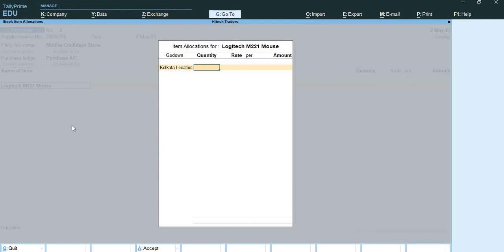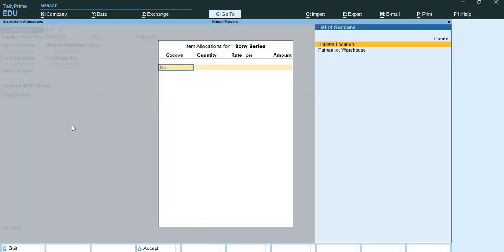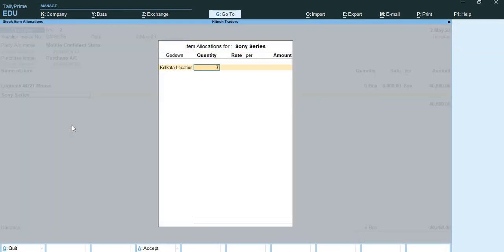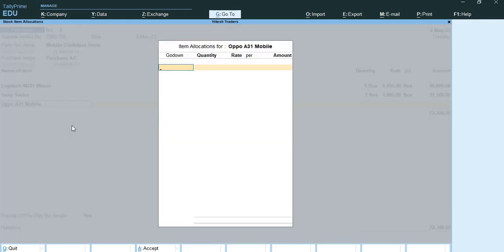Godown is Kolkata Godown. Quantity is 6 numbers at the rate 6800 per box. Next is Sony series, Kolkata location, and quantity is 7 numbers at the rate 4500. So it comes out to be 31,500. Next stock item is Oppo A31 mobile phone, Kolkata location. That means all these stock items are kept in Kolkata location warehouse. Quantity is 8 numbers at the rate 12,000,